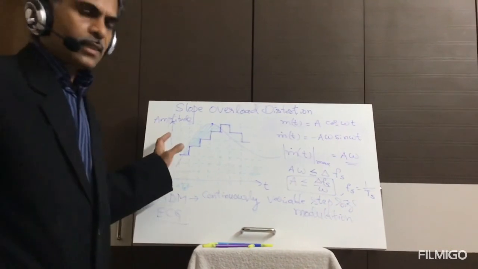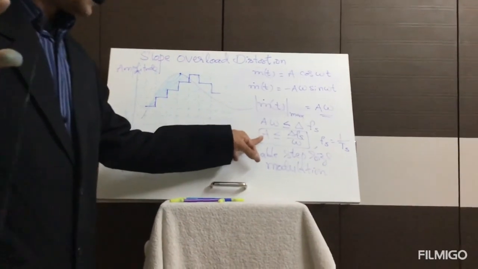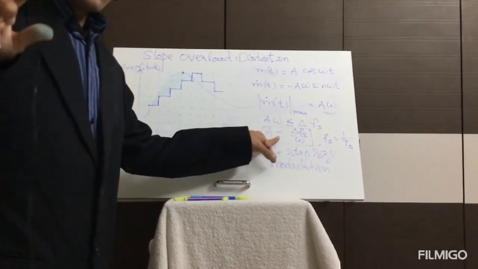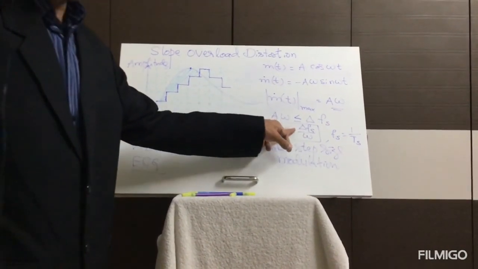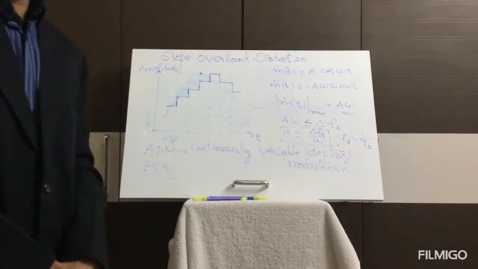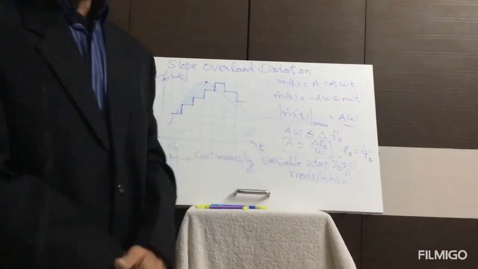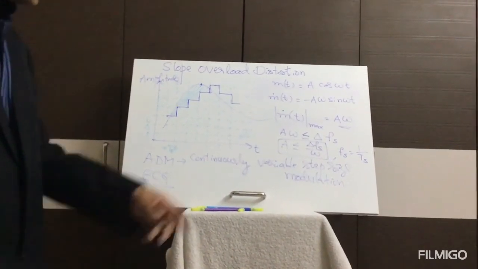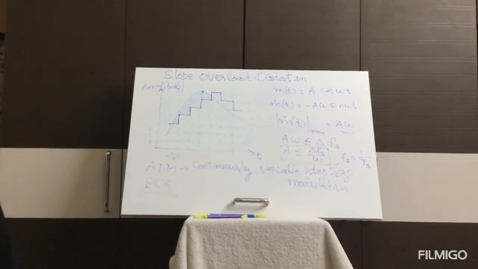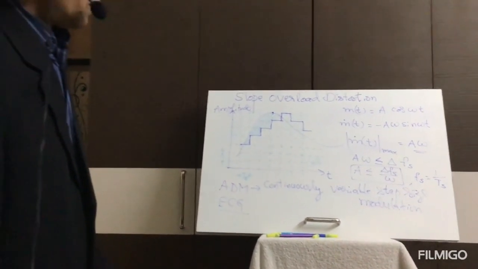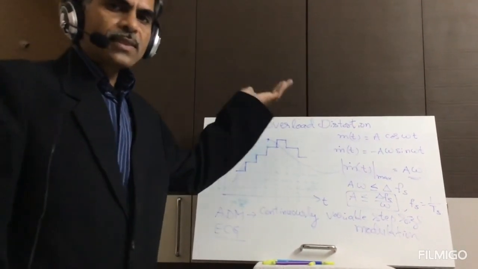How can you overcome that? Once you satisfy this condition, that is, the maximum amplitude of the input signal is taken to be less than or equal to delta fs by omega, where delta is the step size employed, fs is the sampling frequency and is the reciprocal of the sampling interval, omega is called the angular frequency of the input signal. As long as this condition gets satisfied, you can overcome the slope overload distortion. That means obviously you would be increasing the step size. So what happens when step size is increased?